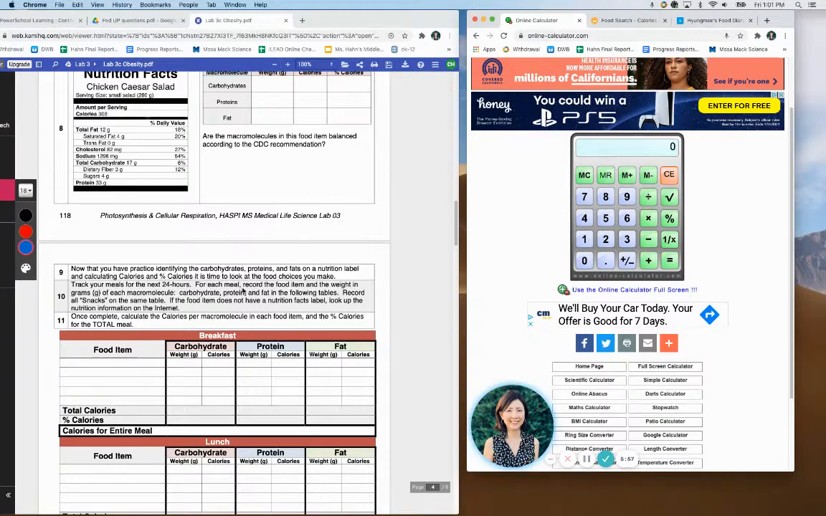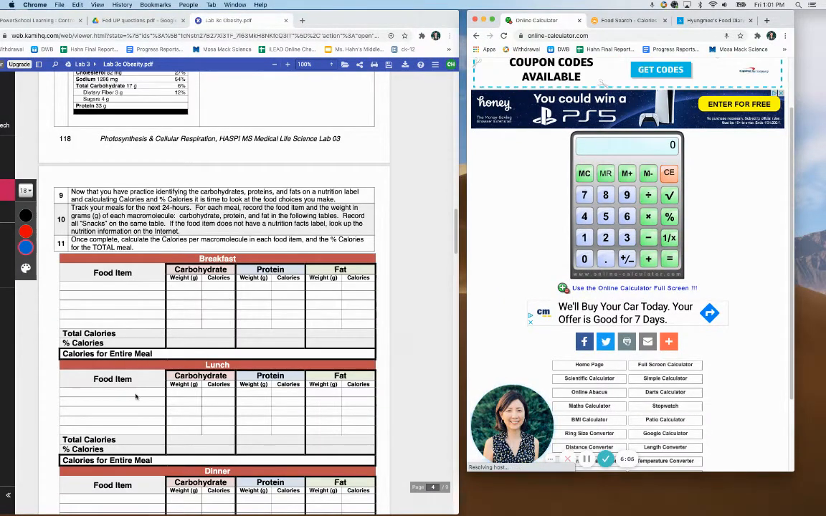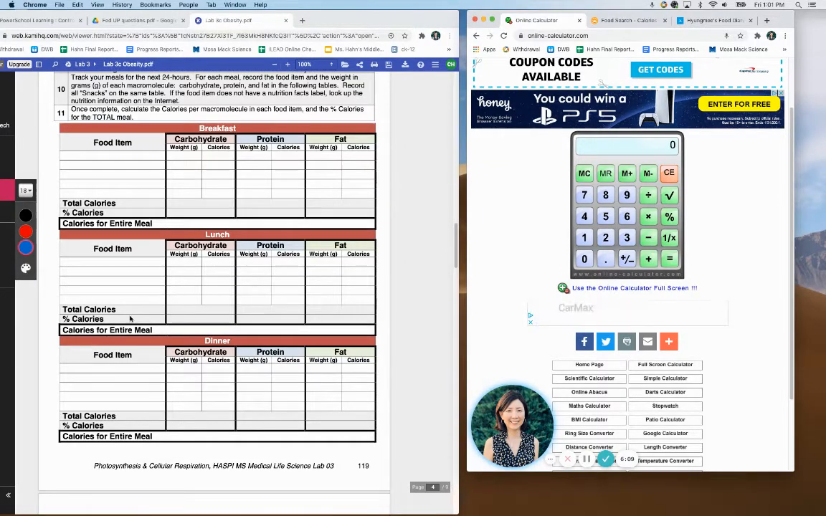And then after you've gotten the hang of that, you're going to write down your own food that you have in the morning, in the afternoon, and at dinner. If you have a snack, just throw that in somewhere close to whatever meal it is. Now,